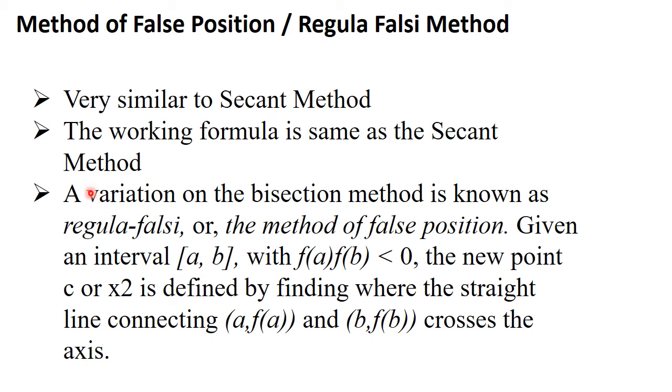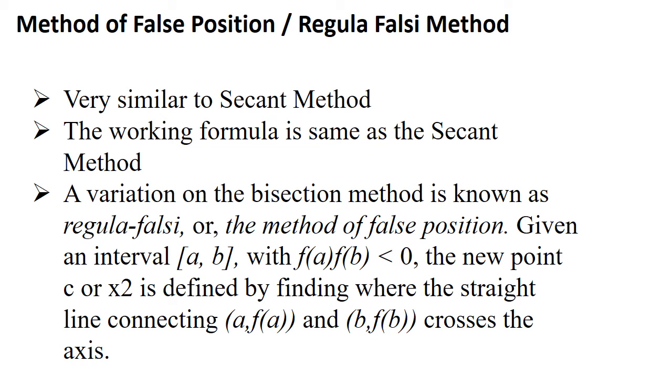It says that a variation on the bisection method is known as Regula Falsi. What does it mean, students? It means that, just like the bisection method, if we make a small variation using the secant method, it gives you the Regula Falsi method. What is the main difference from the secant method? In the secant method, we didn't bother whether the function value is positive or negative. We just took the 2 points, used these two initial guesses,